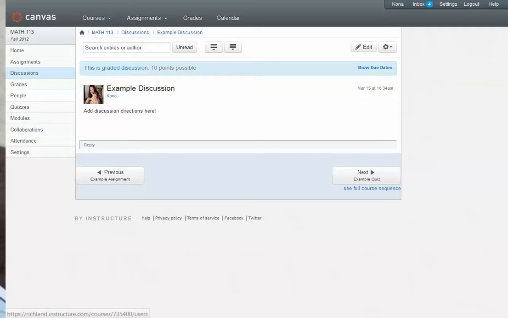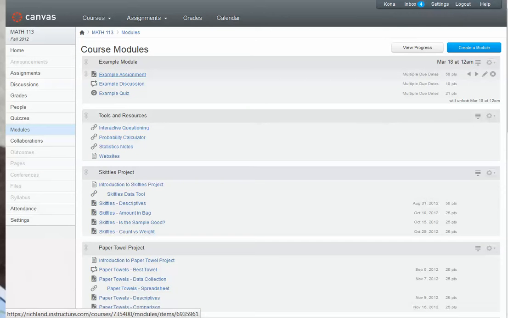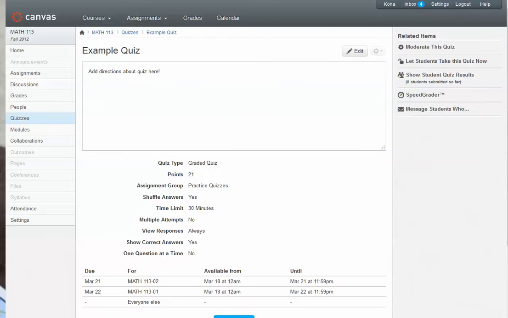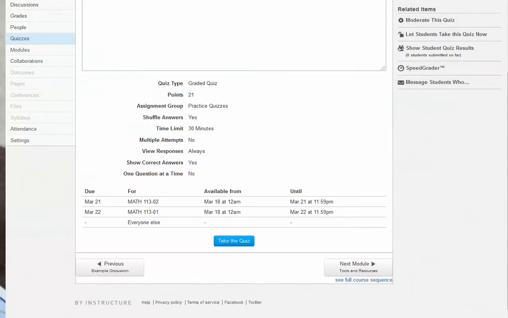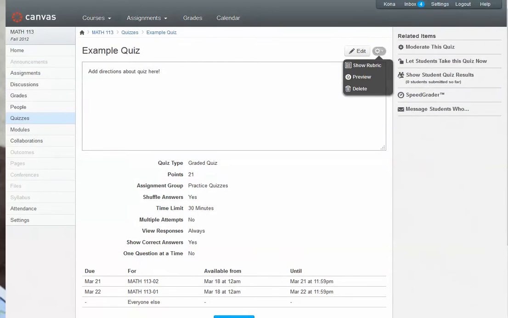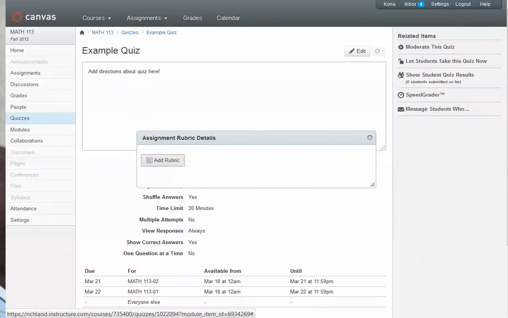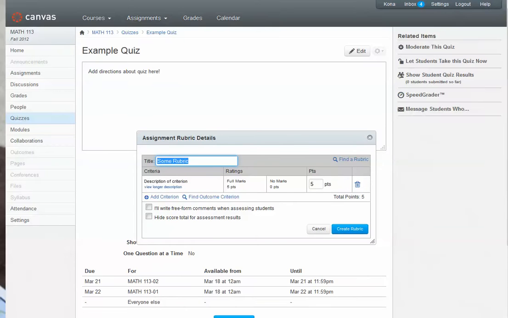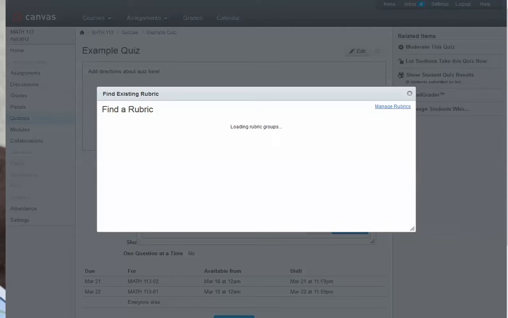So now let's look at quizzes. So we're going to go back to modules, and we went through how to add a rubric to an assignment, a discussion. Now for a quiz. So once the quiz loads, similar, you can see here's all of the different quiz settings. But if you click this gear icon, you can show rubric, and you can decide I want to add a rubric. You can then decide what kind of rubric, if you want to create it, or find a rubric, and